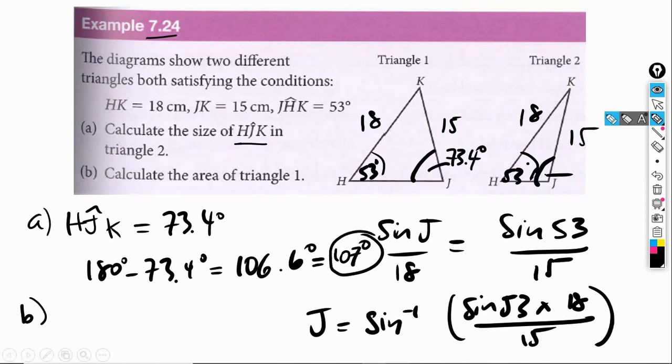So for part B, they're asking us to calculate the area of triangle 1. So how can we calculate the area of triangle 1? Notice that if I find this angle here, I could apply the formula for an angle contained between two sides, right? So this is easy to find because we have the other two angles. So this would equal 180 minus 53 minus 73.4. That is approximately